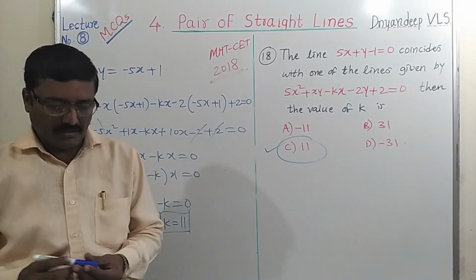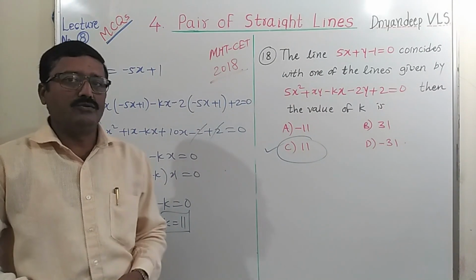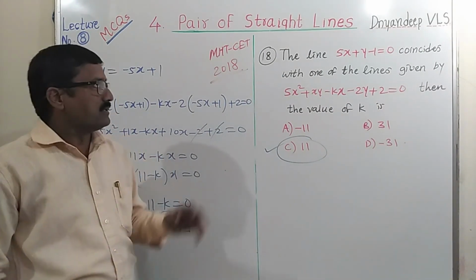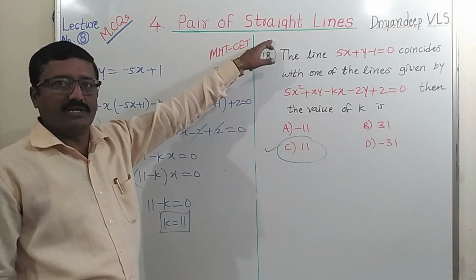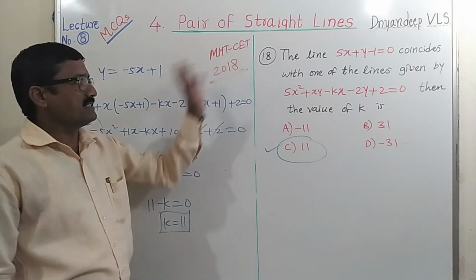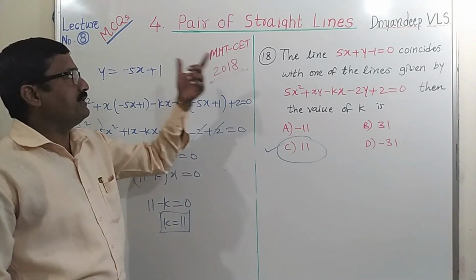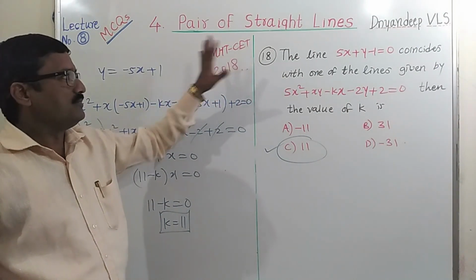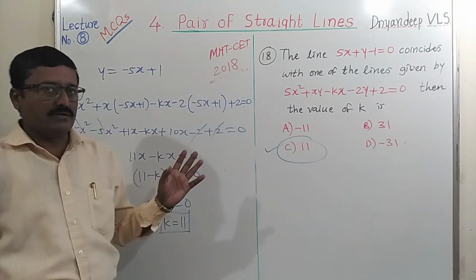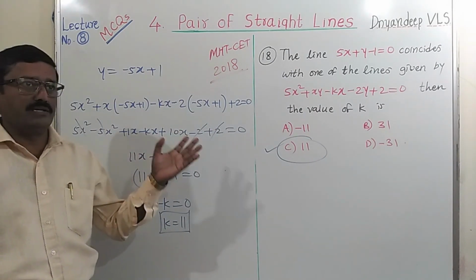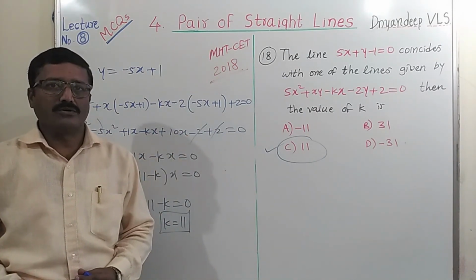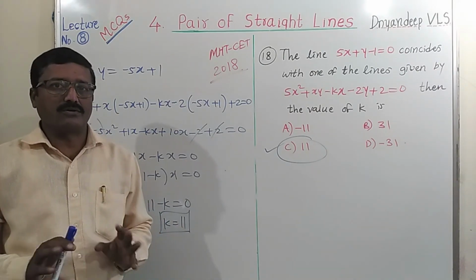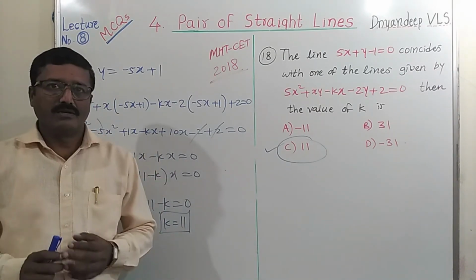Okay. I think these examples will guide you how to solve the examples from this topic. In the syllabus of this exam, the straight line topic from 11th class is also included in the CET exam. So including that topic and this pair of straight lines, there will be at least 2 questions in the CET exam. So 4 marks are there for this topic. Solve a number of examples, because these 18 examples are not sufficient. You have to solve at least about 100 examples from this topic, so that your practice of objective questions will be okay.